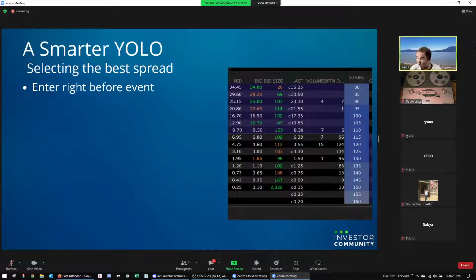If earnings are after the close today, then we also want to enter the spread in the afternoon. We want to do this right before earnings comes out, we just need to give ourselves enough time that we're not rushing into the trade right before the close.